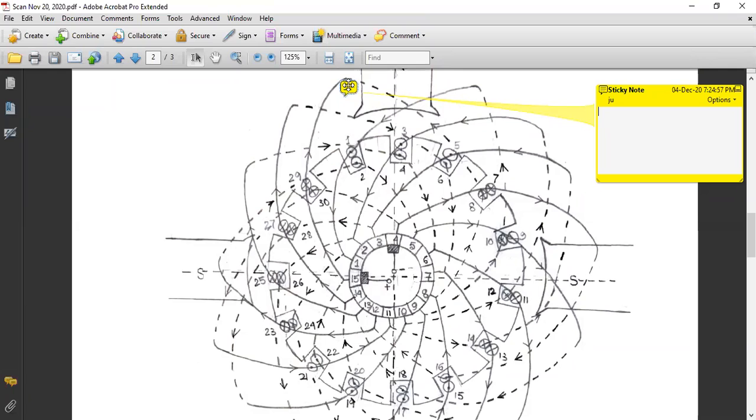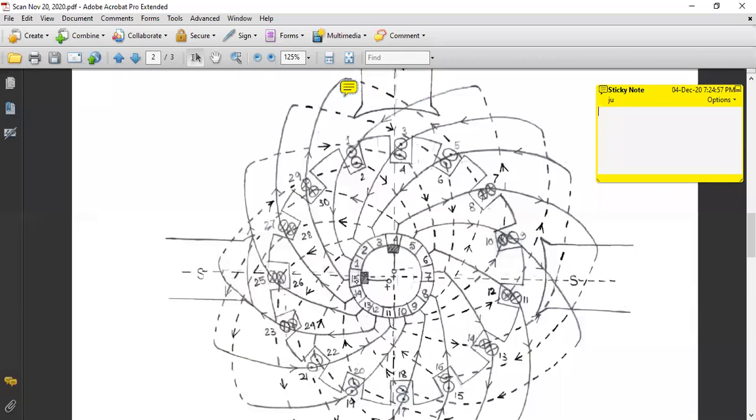But as it is not connected with the commutator segment, you cannot place the brush over there, because it comes in the overhang portion of the coil. So you cannot place the brush over there. Then what you have to do, either you have to connect the brush at 15, or you see the coil side number 29 is also connected with 15